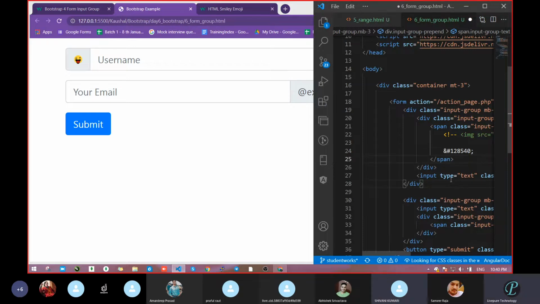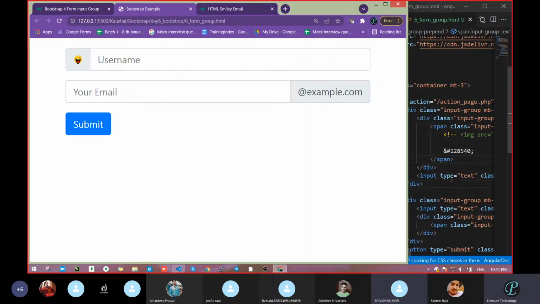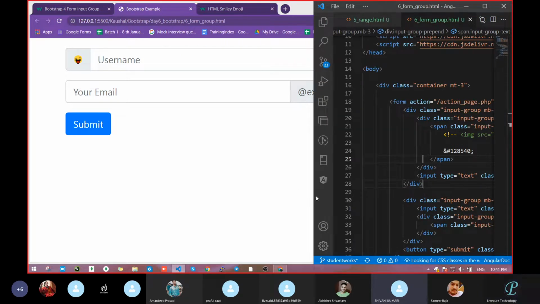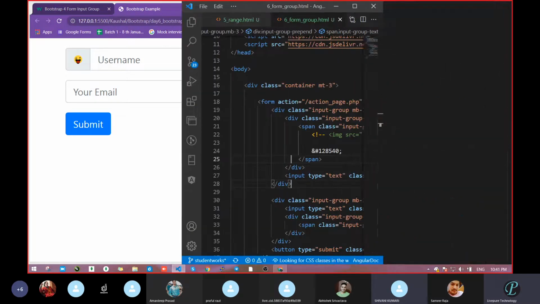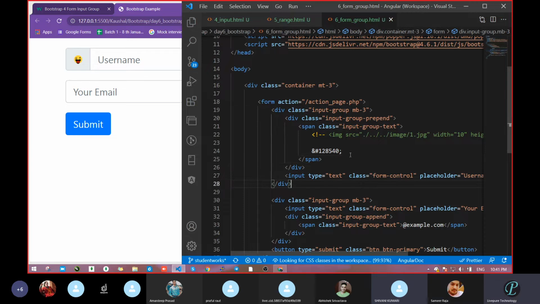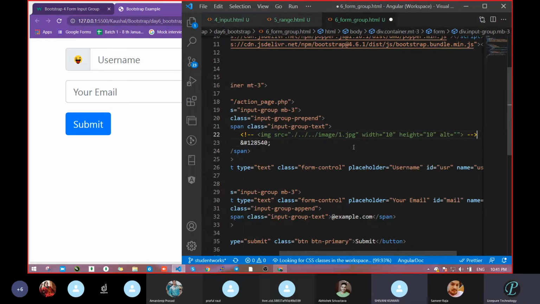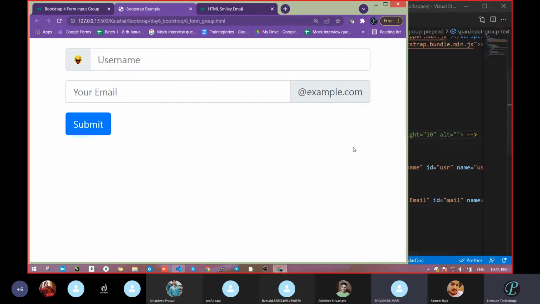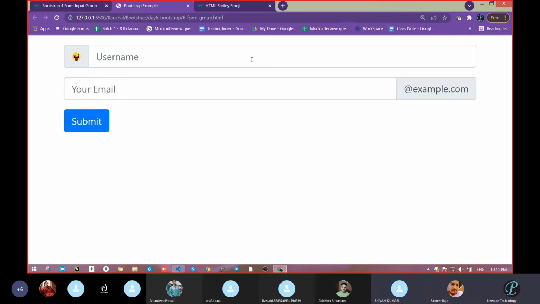Don't make this type of design in your website. Otherwise, no client will visit your website. If you design this type of registration form, then you will be the first and last member of your website. Okay, so we can design, means we can pass here an emoji or an image or a Font Awesome icon, anything you can. And with the help of this, we are going to design.